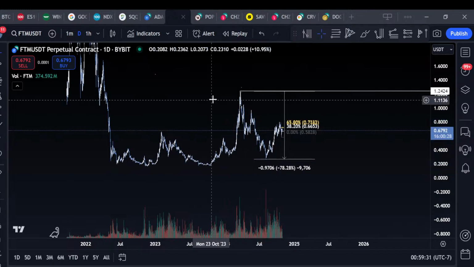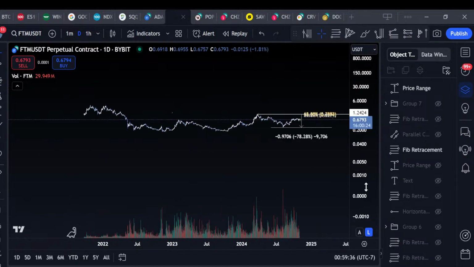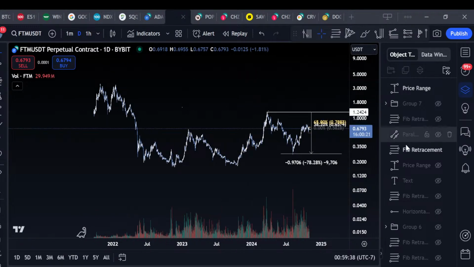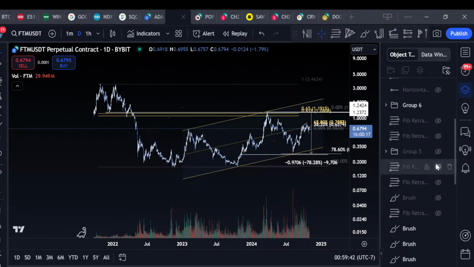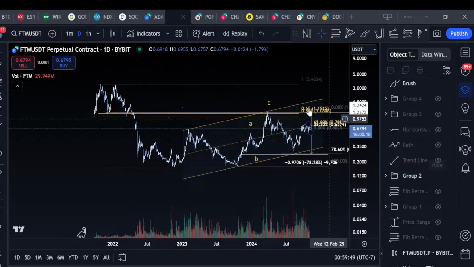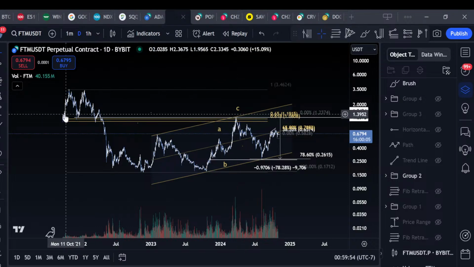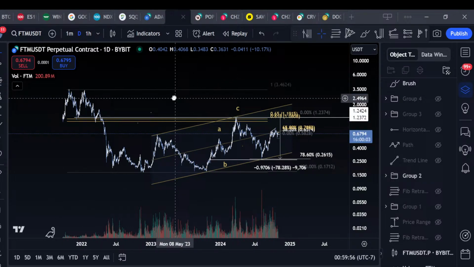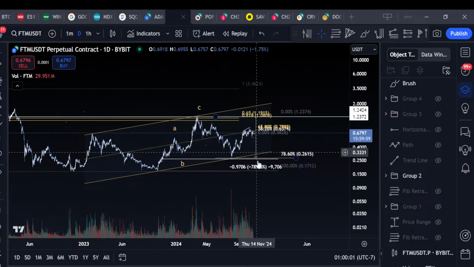FTM rallied 600%. There was big technical confluence for this idea, and lots of bearish ideas from there. I don't have to guess what Bitcoin is going to do. Actually, this isn't even the Elliott wave count FTM folder. But when I was posting this up, I don't have to guess what Bitcoin's going to do. I can just structure this idea on FTM, right? We end up with this really nice ascending parallel structure here. Still some ideas of another move to the downside.